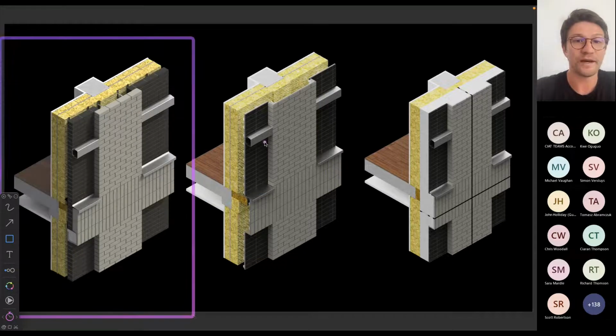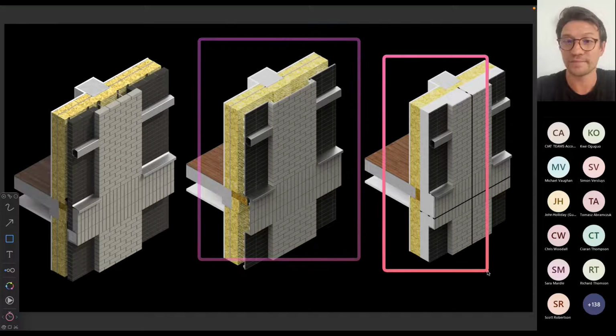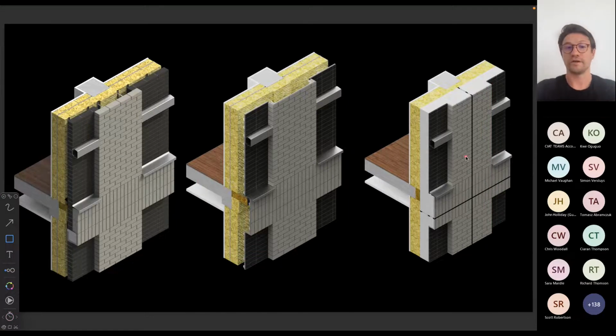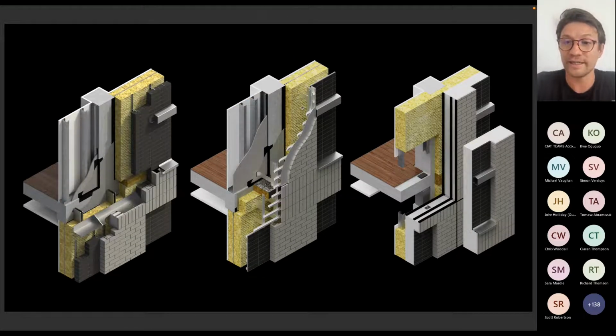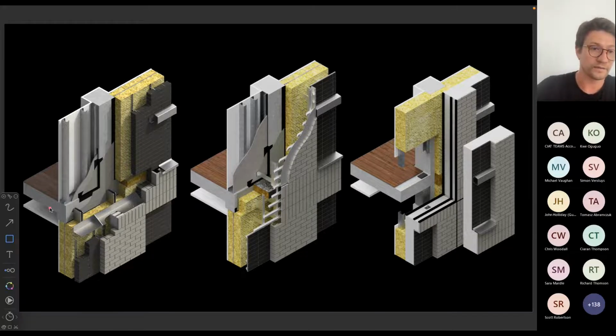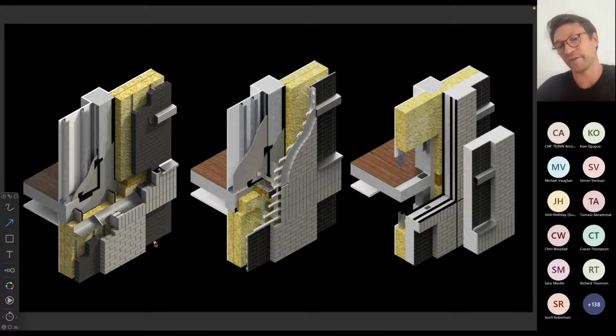So this is masonry, this is brick slip, and this is precast. You don't see much difference in the outlook on the details that you can see on the screen right now. However, if we do a slightly exploded view of these 3 details, you would understand that they're actually assembled in different ways, and the philosophy of assembly is entirely different. Masonry, or modern traditional masonry, relies on dead loading the brick at every slab level or every other slab level on the shelf angle, and the bricks are stacked one on top of another and tied back with wall ties and brick channels to the